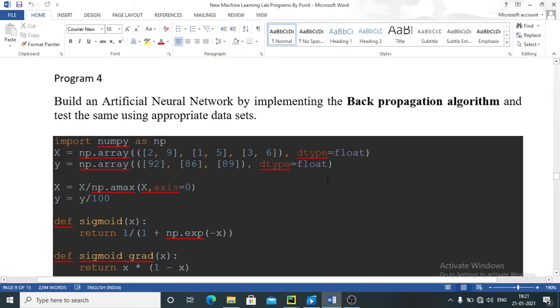Good morning everyone. So let us today understand about the fourth program, that is build an artificial neural network by implementing the backpropagation algorithm, and we are going to test the same using some data sets, so predefined data sets according to what the error we are predicting. So here the error we are predicting is based on the minimum error what we already studied in the module